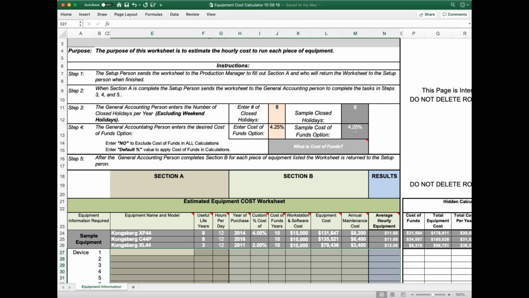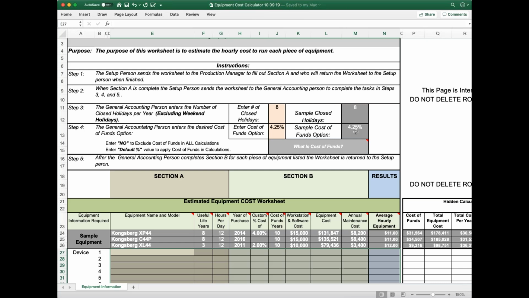Okay. If the machine was paid for in cash, in other words, the business took it out of assets and paid for it, then that cost of funds is the lost earnings on those funds. So the rate might be significantly lower, but it is still important, and it should still be treated as a cost when calculating the